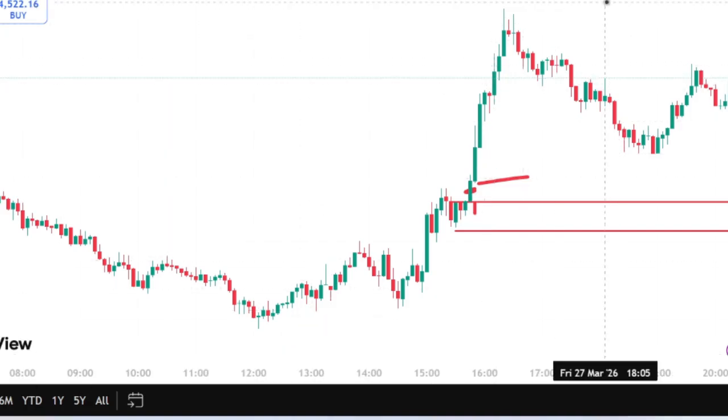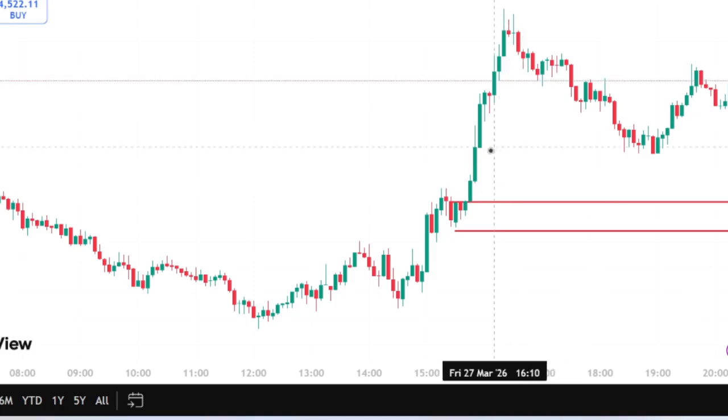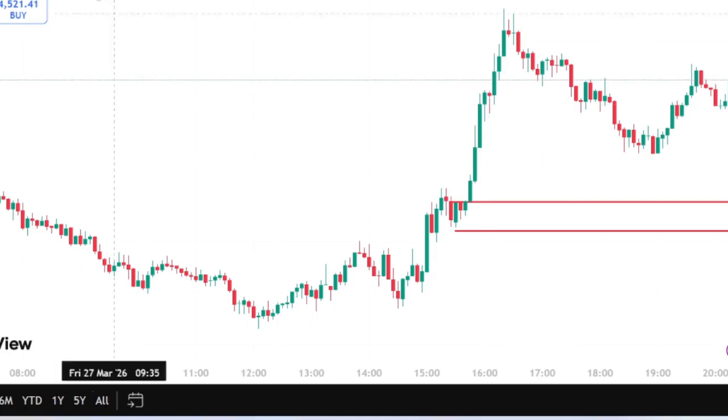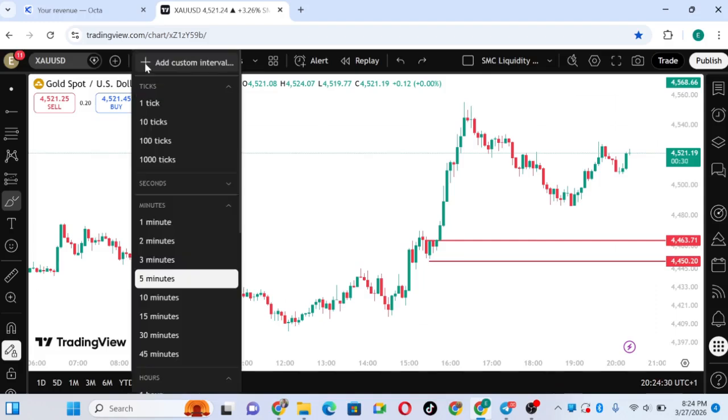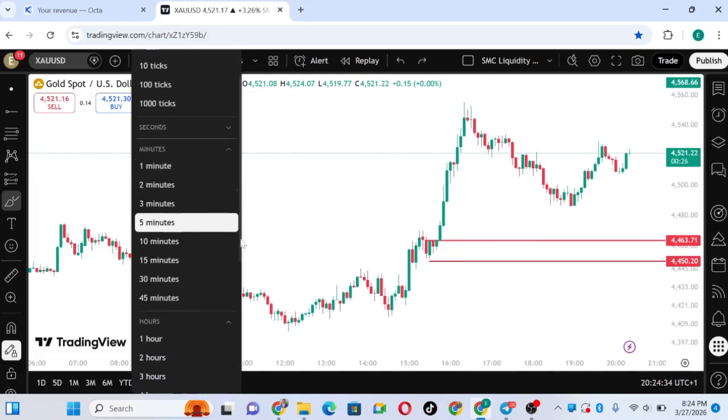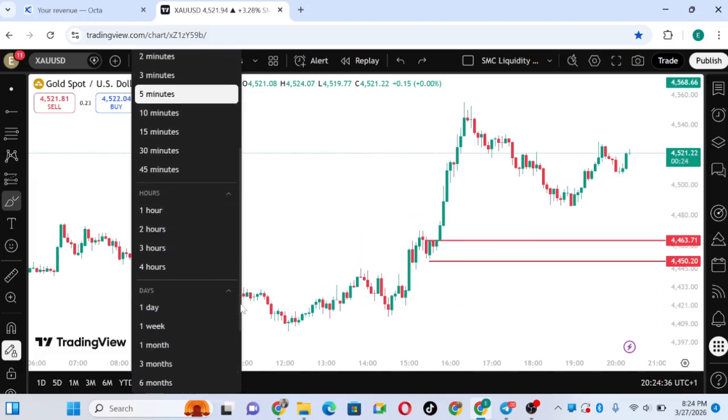Since it did not do that, I have to wait. Now the next thing, once this candle went up like this, the question I was asking myself is, where is this market going? I don't just analyze my trade like that. I like to start my trade from the weekly or daily time frame. So I went to the daily time frame, and I marked out the Asian highs and lows because I want to know where the market is going to avoid the trap.